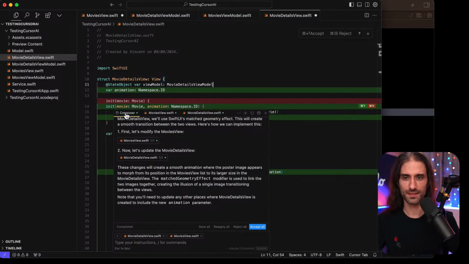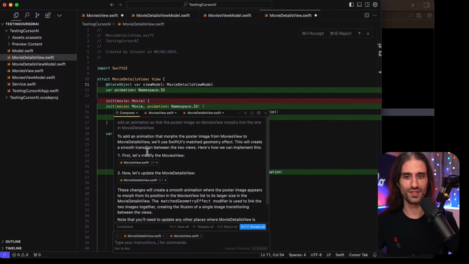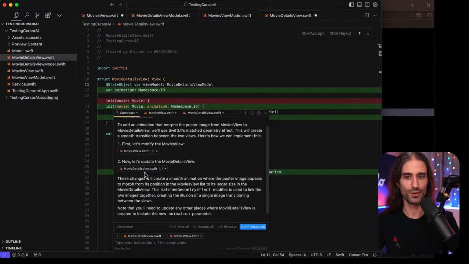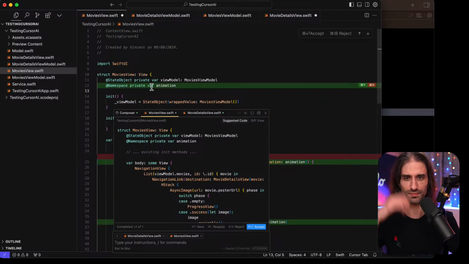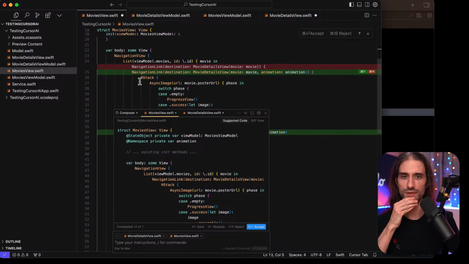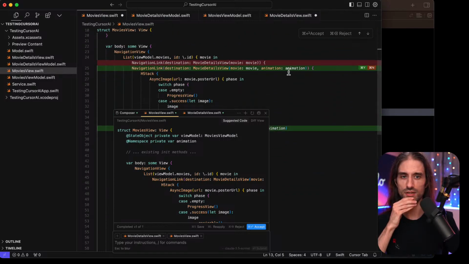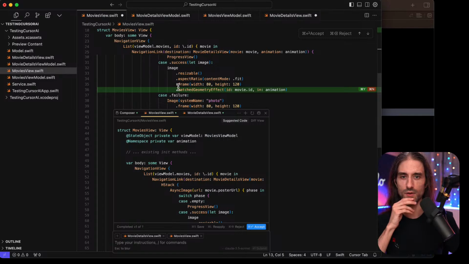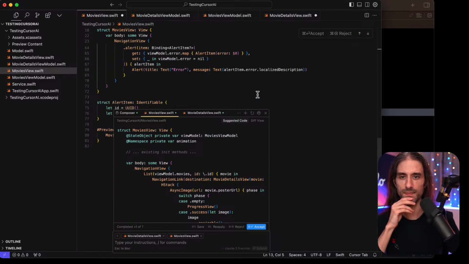All right. So we have two changes, one in movies view, one in movie details view. I think that when you use it in your daily flow, you don't read this unless you have to. You just move into the changes in the code. So adding a namespace seems to be correct in the movies view. So adding the animation here, passing the animation namespace, okay. So matched geometry effect movie ID in animation, okay.